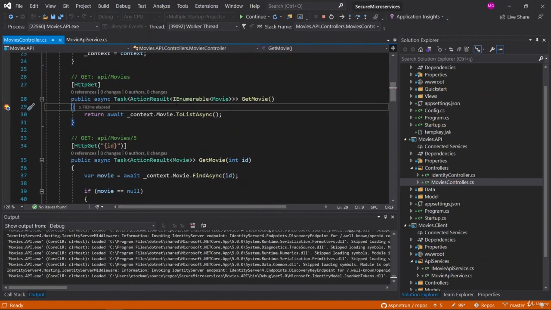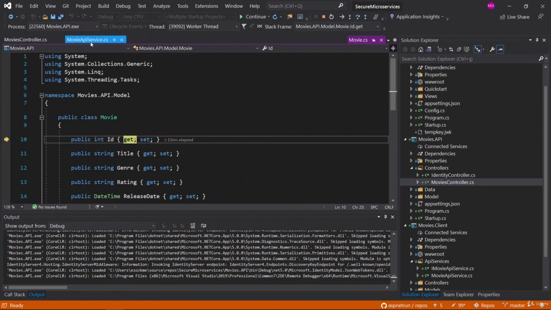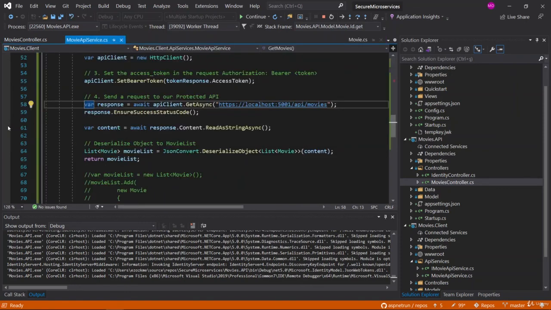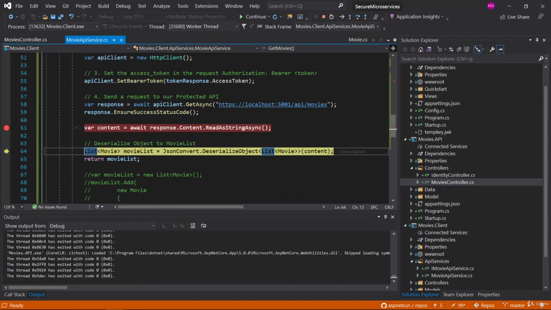Okay, now as you can see, the debugger comes to our protected API, which is the movies API, and it's returning all of the movies, and we can continue with this. Put the breakpoint in and F5. Yes, as you can see, we get the token